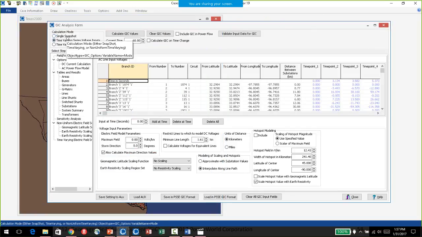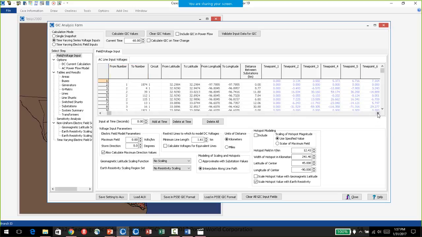So I'm going to switch to the single snapshot mode. What's in this case to begin with is actually a time series, similar to the example that Tom was explaining earlier, but it's got different time points and different input voltages by transmission line using the time varying series voltage inputs. In version 19 of Simulator, which is what I'm using right now because that's what's available and out there right now, there is no tab down here for telling it to create an EMP scenario.